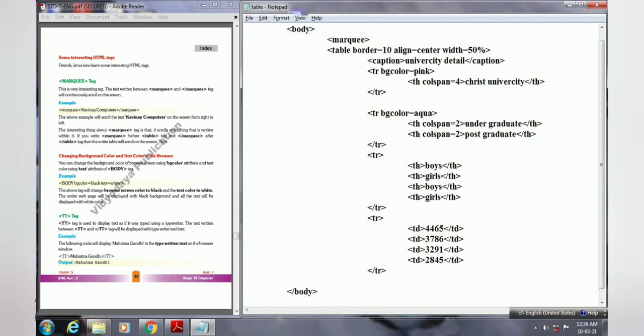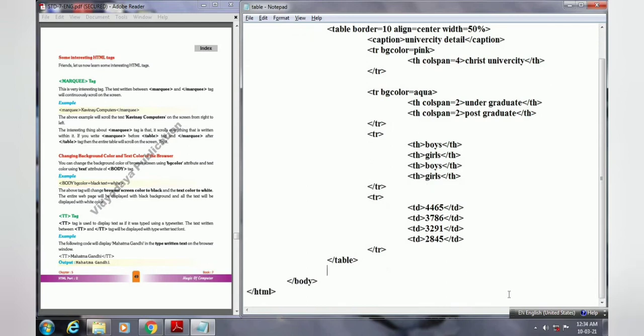And now I will use the closing marquee tag. Here you can see the closing table tag, and after the closing table tag I will use the closing marquee tag. So press enter, and then in the next line with the tab key come there and use the closing marquee. So these changes we have made here. Again go to the file and click on the save button.